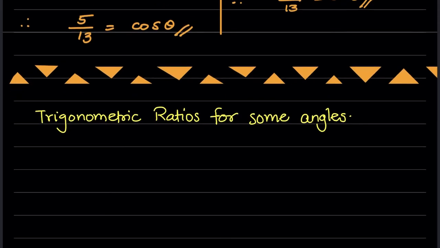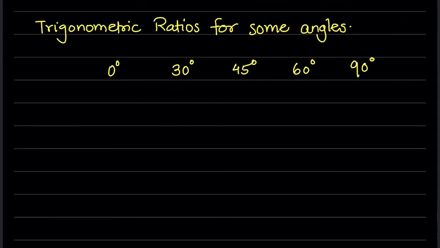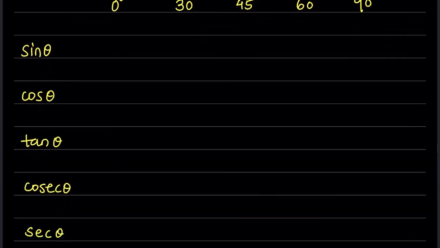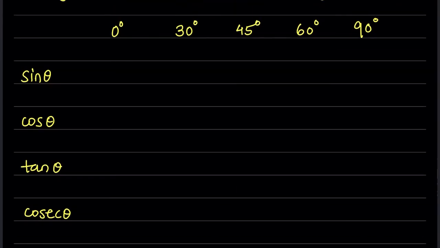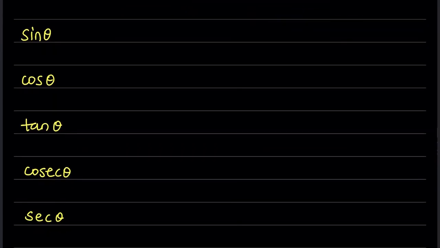Now, trigonometric ratios for some angles. As you have studied the trigonometric ratios sin theta, cos theta and tan theta for 0, 30, 45, 60 and 90, there are three more ratios to complete the table. So now sin theta, cos theta, tan, cosec, sec, cot, all the ratios. Now I will show you how I write this table. So first, for the values of sin theta, 0, 1, 2, 3, 4.